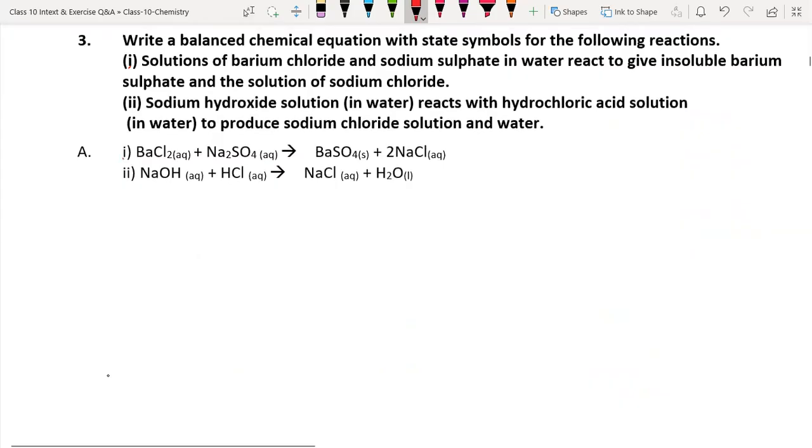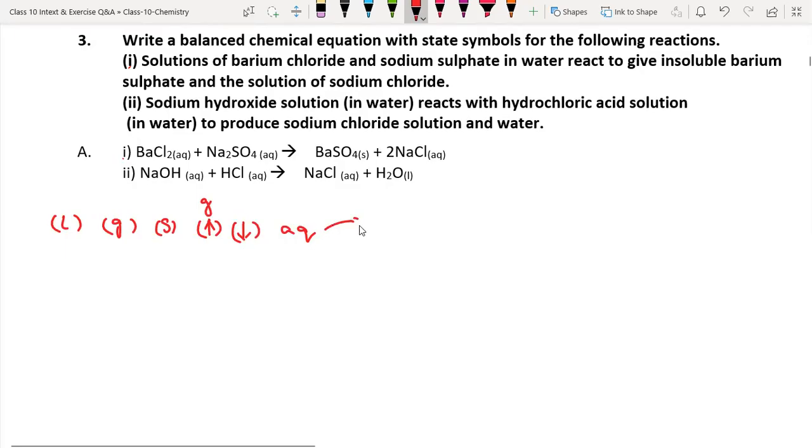Next, third question, write balanced chemical equation with state symbols for the following reactions. You see, first you need to balance, at the same time you have to go with symbols. I think you know the symbols. If it is liquid, you have to make it as L, gas you have to make it as G, solid, basically you cannot write anything for solid. So if you want, you can write it as S for solid, and special symbols you have, one up arrow mark, down arrow mark, and AQ. Here up arrow mark represents gas, down arrow mark represents substance which are settling at the bottom, and AQ represents